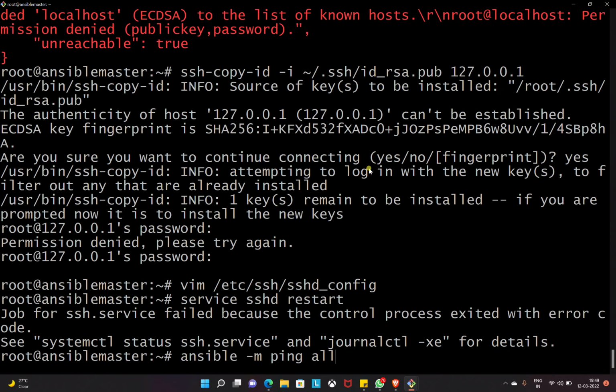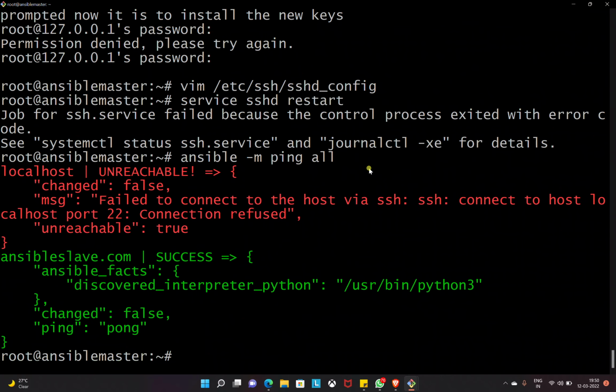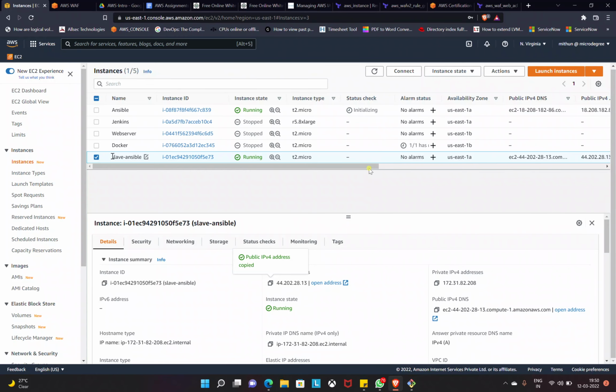Okay, so restart the service SSHD, restart. Okay, now it will work. So what is it? Connection refused. Okay, that means ansibleslave.com is working, so local failed to connect to the host via SSH. Connect to host local connection refused because